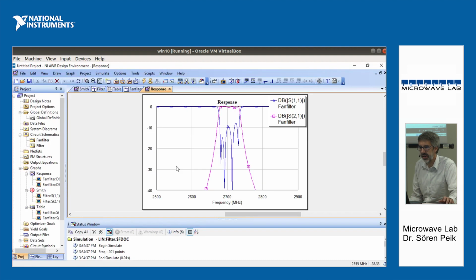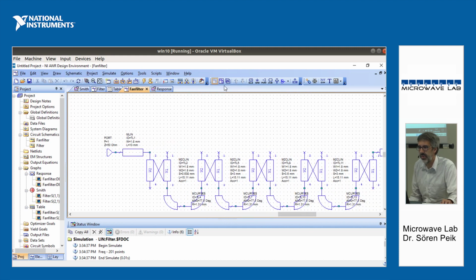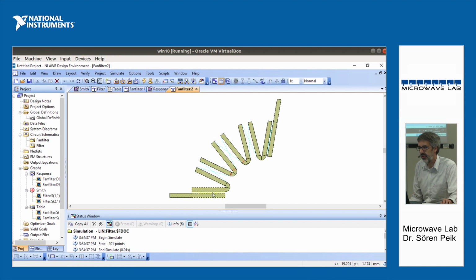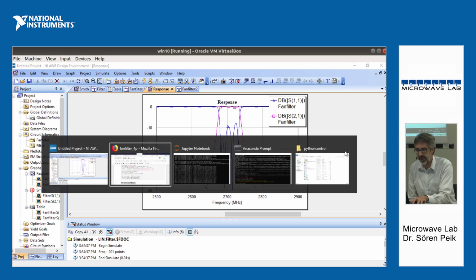So when I go now here, I have another schematic called FEM. I created a new one, sorry. I hope that works. So now I got a 4-pole filter with the gap distances I grabbed from the tables I created. And I get a response, and this is my response that's generated from that design process. So this is the first step. Now we can do some final optimization, but it's really close to my ideal one,